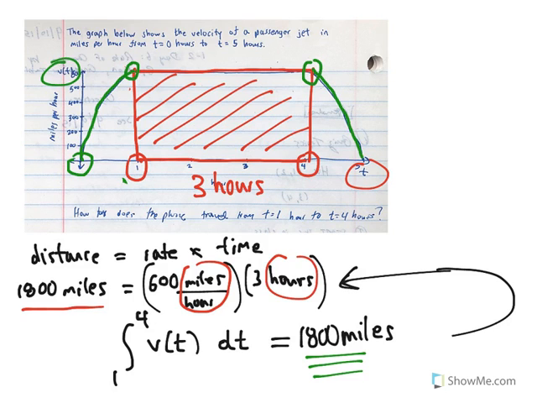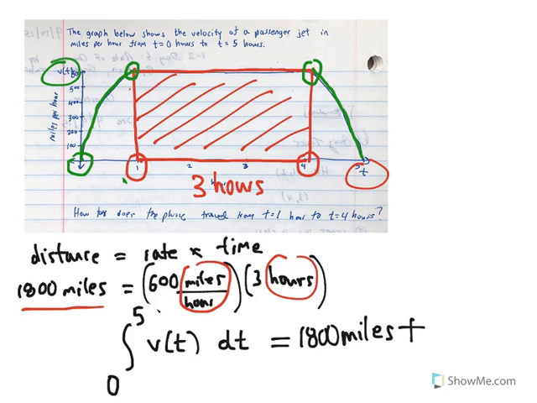So if I wanted to change the problem and I wanted to know what is the distance traveled by the plane from the time it took off to the time it landed, from the time it started moving at the airport that it left to the time it stopped at the airport of its arrival, I could do this. I could find the definite integral of the velocity function with respect to time on the time interval from 0 to 5 hours. And of course, it would be 1,800 miles